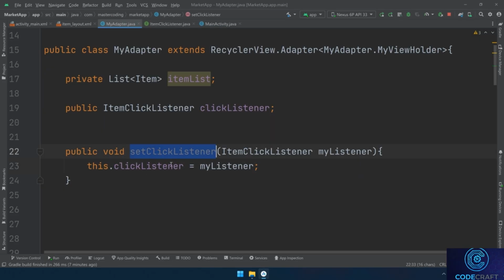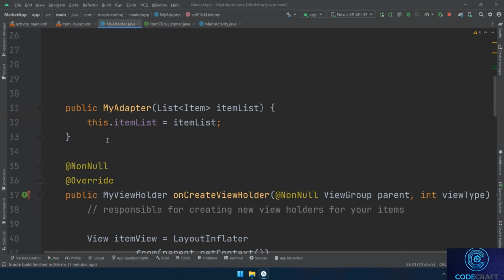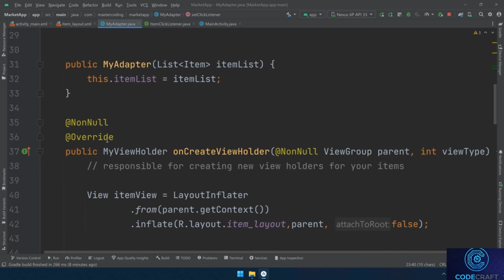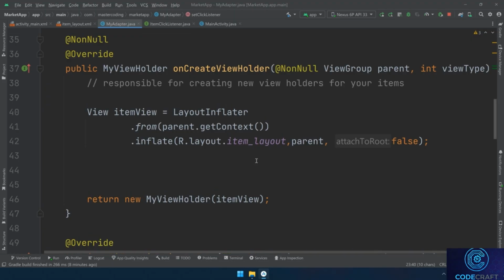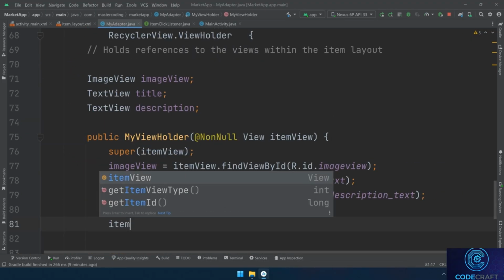Later on, when we use this method, I need to pass a listener and set it to the click listener. So I am referring to this ItemClickListener. This is a customized interface. Third step, modifying the view holder. When the item view is clicked, you will call the method of the defined interface, passing the clicked item's position as an argument. So I need to go to here, to the view holder constructor, and I'll set